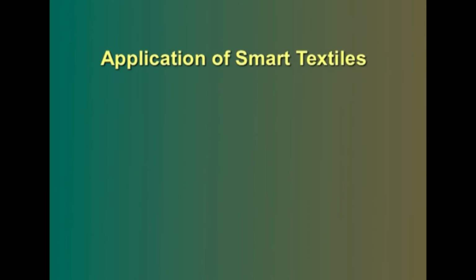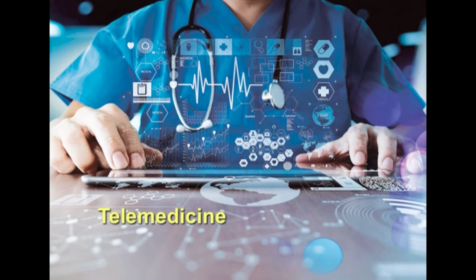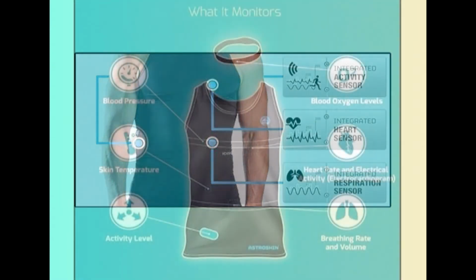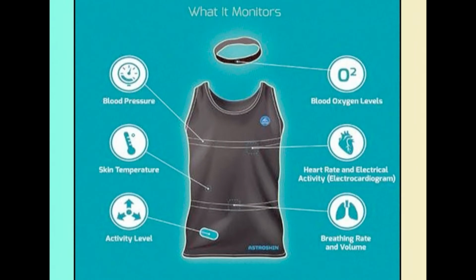Application of smart textiles. Let us understand for health. The development of wearable monitoring systems is already having an effect on healthcare in the form of telemedicine. Representative examples are a wireless enabled garment with embedded textile sensors for simultaneous acquisition and continuous monitoring of ECG, respiration, EMG and physical activity. The smart cloth embeds a strain fabric sensor based on